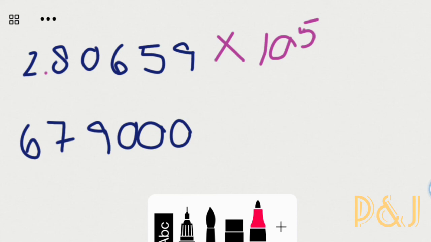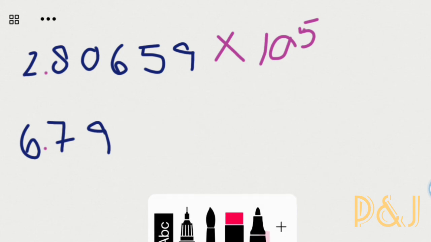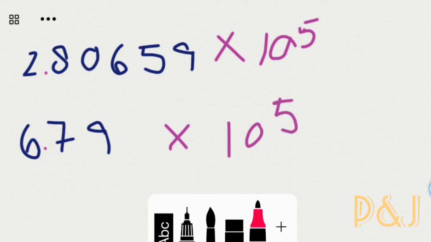Now I'll give you one more case, that is 6,79,000, or 679,000. So how will we do this? We'll place the point after 6, as I've told, after the first number, and from the last we don't need to write the zeros. We'll just write the number, that is 5, because 3 zeros were there. We have written 5. Now it is understood that after 79, 3 zeros are there.